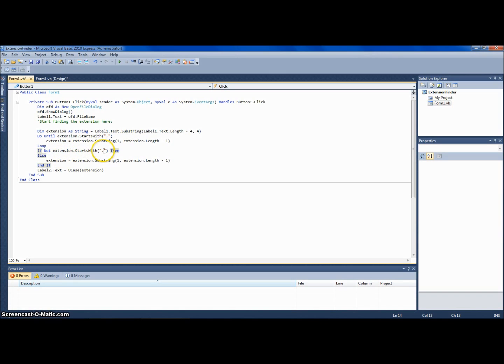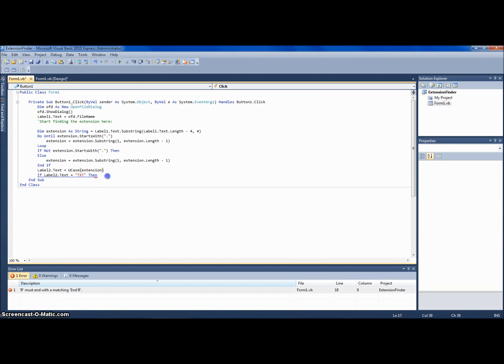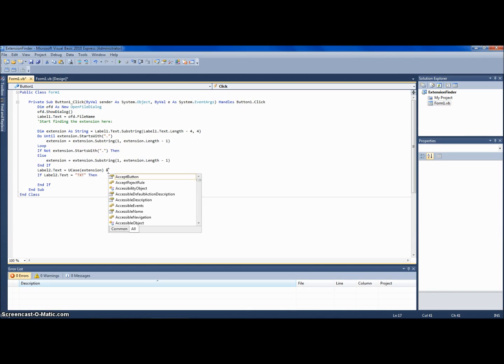If it starts with a period, take away the period using that, and then label2.text equals UCase extension, and then now we start doing optional. If label2.text equals txt, actually no, then put this here, UCase extension and file